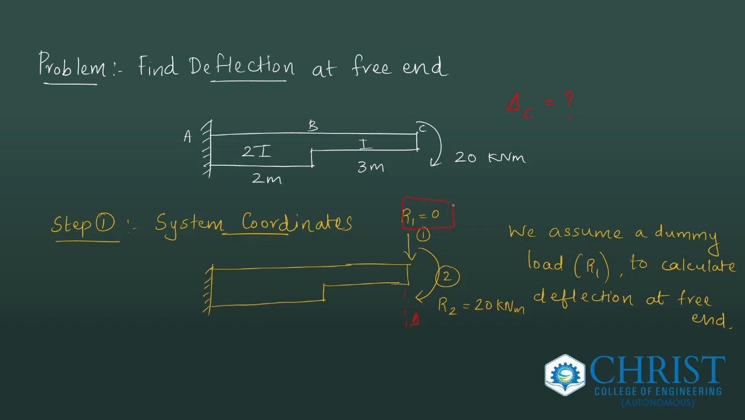So R1 equal to 0. A dummy load in the translation direction is being considered. So in total there are two system coordinates: R1 equal to 0 and R2 equal to 20 kilonewton meter, which is given in question 2. So we got two system coordinates, 1 and 2. Next step is